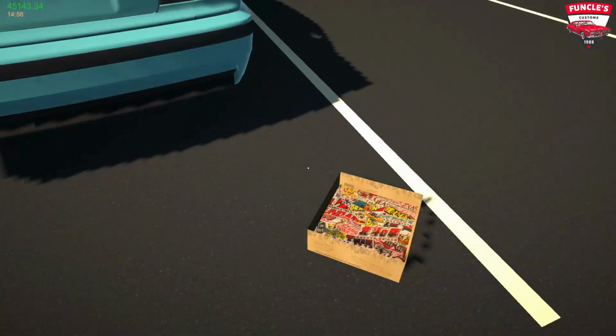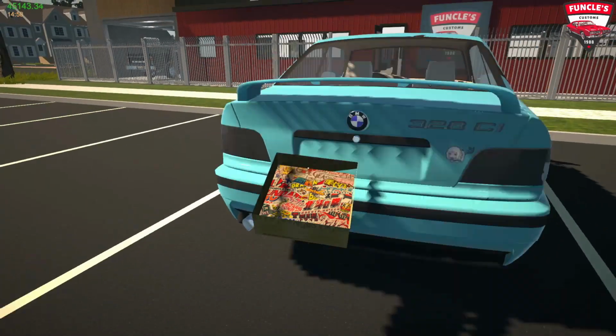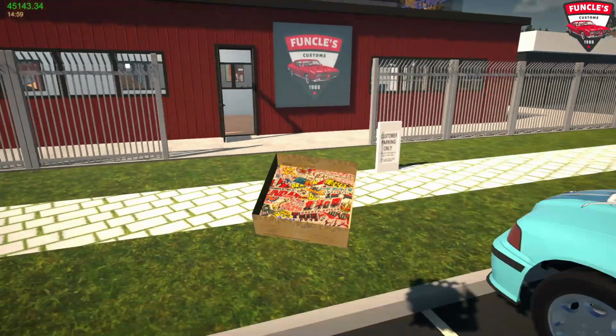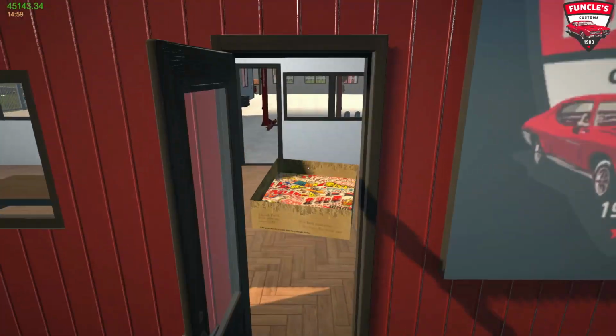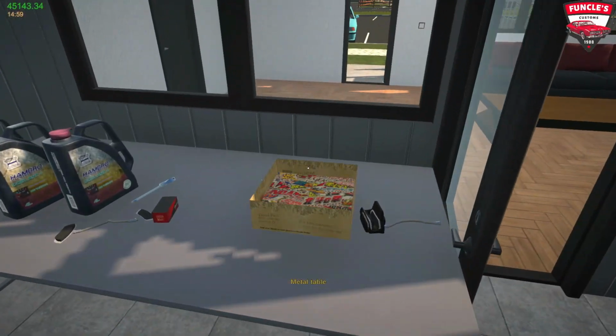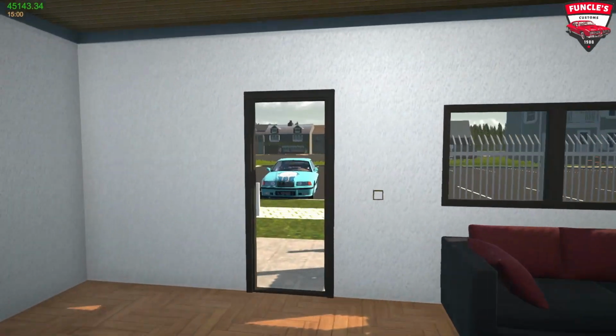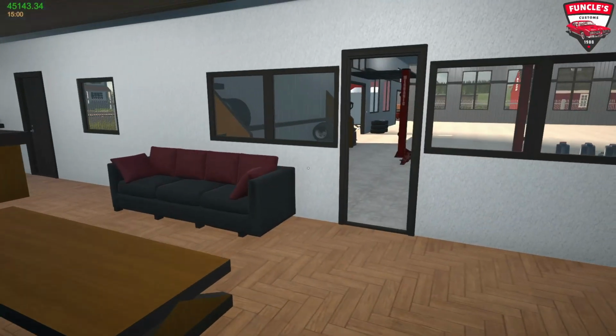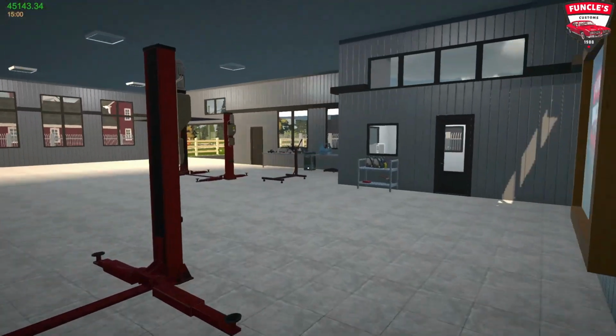And there we go. That is the last request that Runus had for this vehicle. So I think that actually went quite fast. We did a lot of work to it, but it actually turned out to be much easier than I thought. So yeah, let's just close this door, because now we are going to tackle that 350 cubic inch Chevy